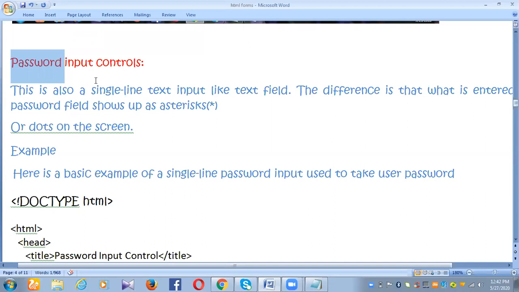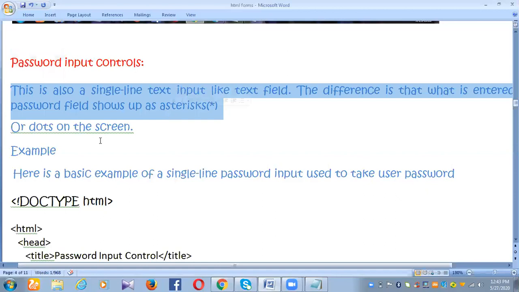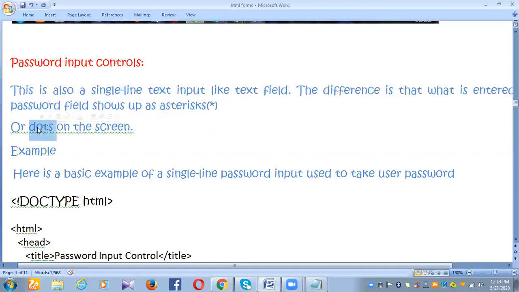They will be either in a star form or a dotted form. So that is exactly the difference between a text control, single line text input, and password input controls. In a single line, what happens? It takes the data as it is, but a password input control will take the letters or characters in asterisks or dots on the screen.